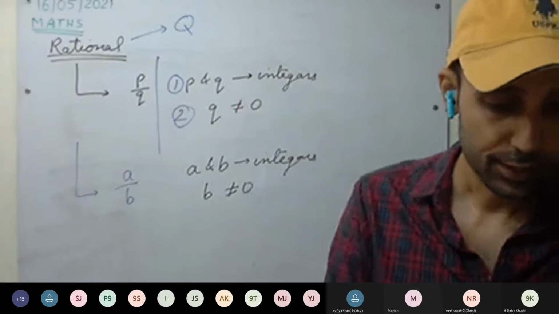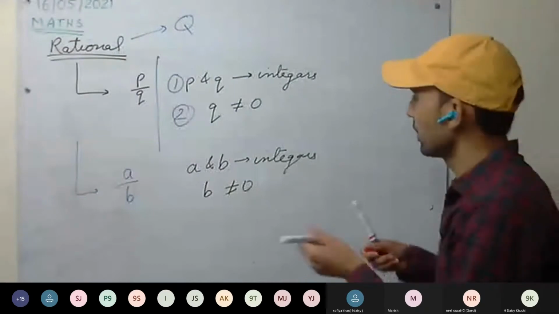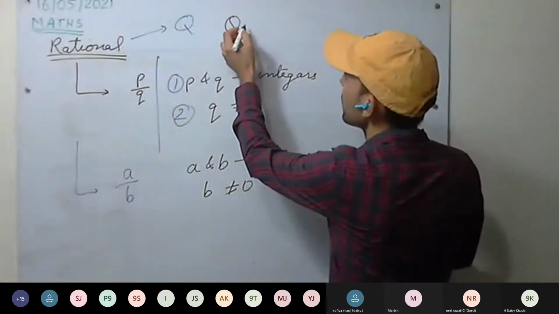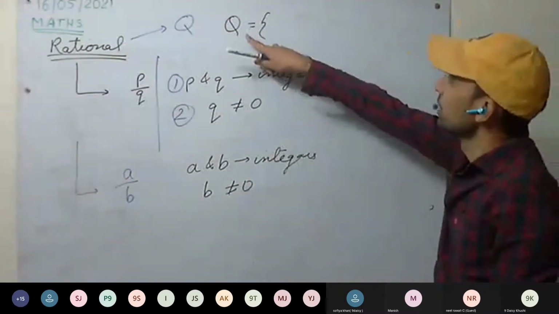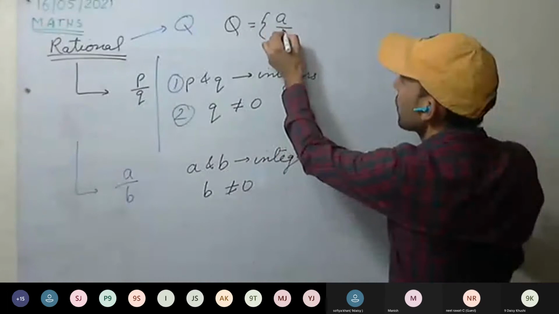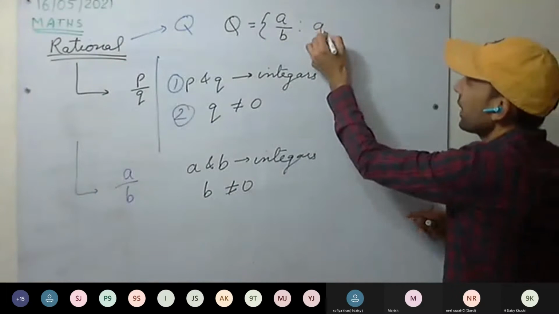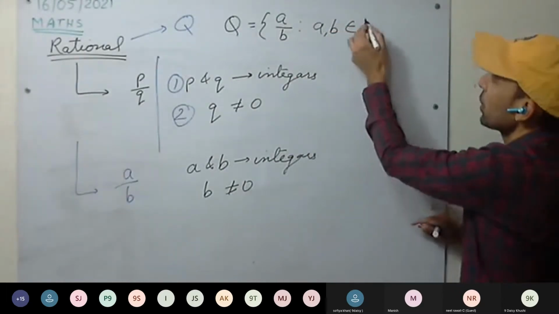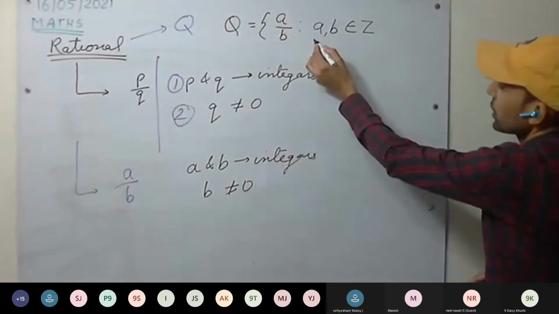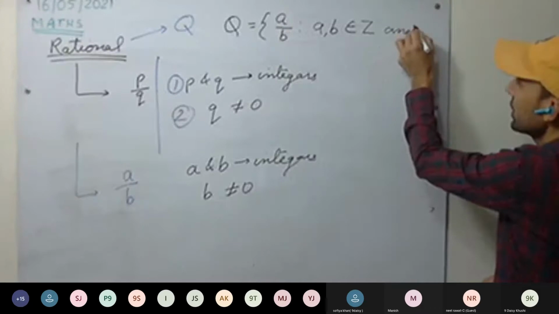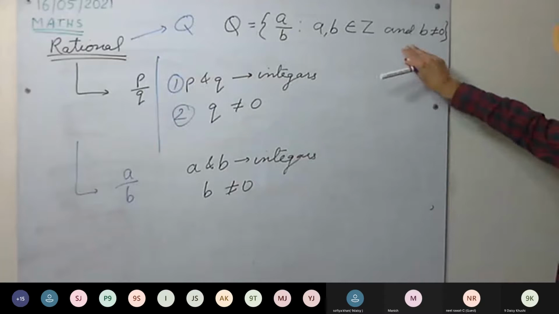Go through the definition and see, there's one in the set form given. That is, in set form, how can we write? Q equal to, such that, now this rational number is to be represented in the form of A by B such that A and B are integers. That is, A, B belong to integers. Integers we denote with I or Z. So first condition, they must be integers, and second condition, B not equal to 0. Close the set.